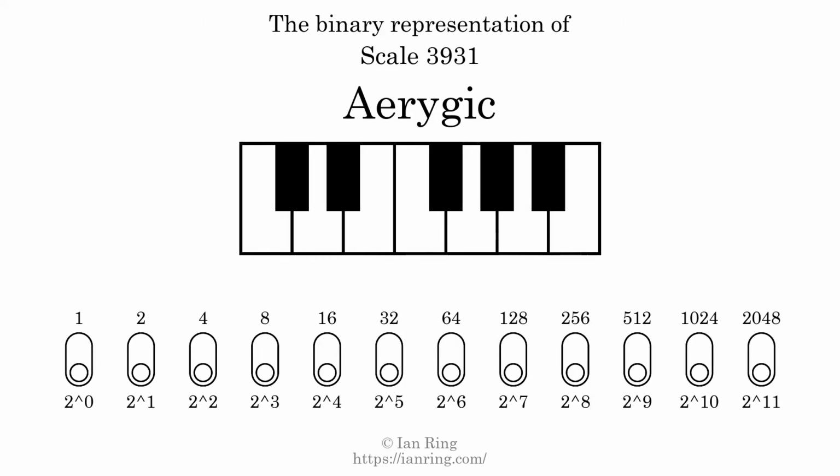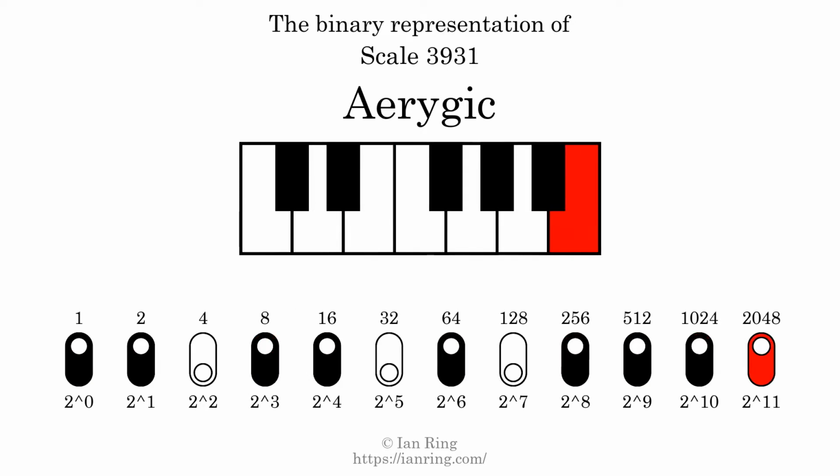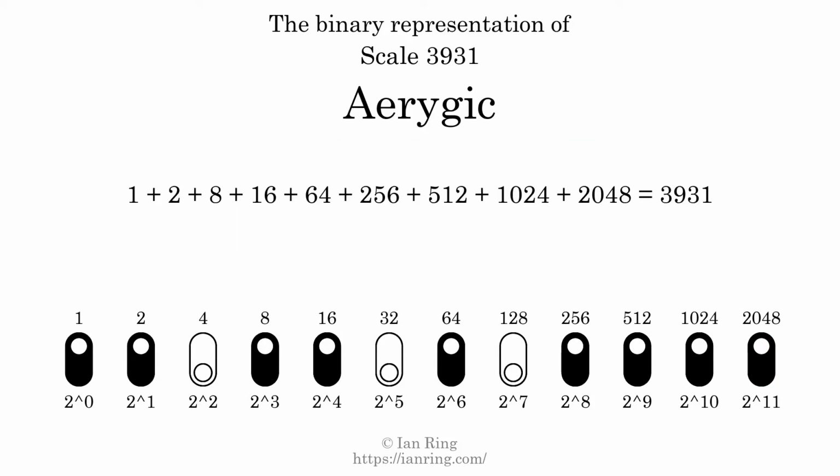The binary representation of this scale is determined by mapping tones of the scale to binary digits. Each binary digit represents a power of 2. To get the scale number, we add the powers of 2 together. The powers of 2 that are present in the scale, all added together, equals 3931. That is why the scale number, in decimal, is